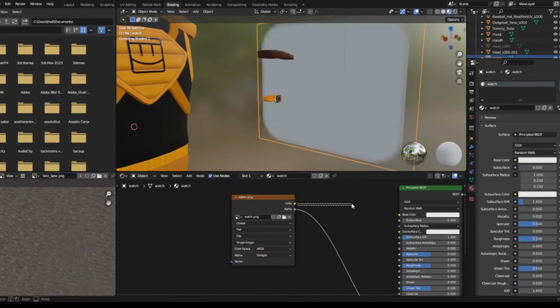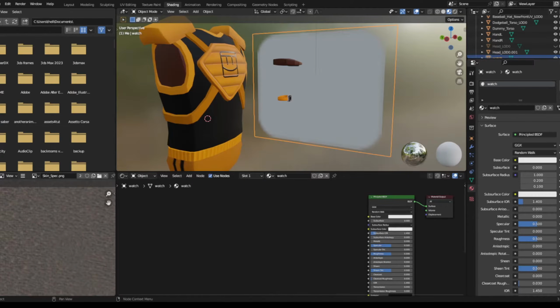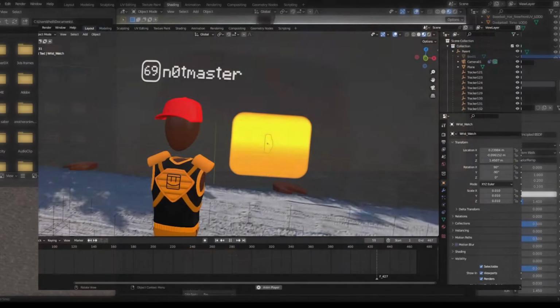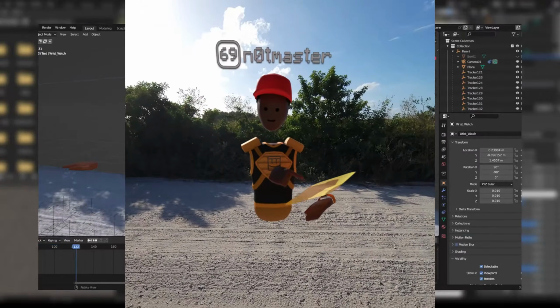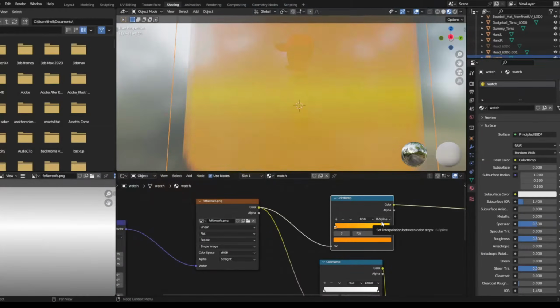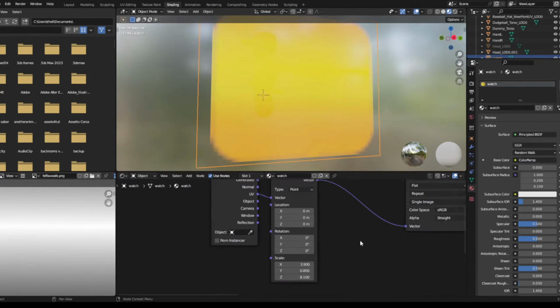After that, I attempted to recreate the watch menu by creating a simple rectangle mask and some nodes. I like how it turned out, but it turns out you couldn't even see it that well in the final video, unfortunately. Now that this basic scene is set up, it is now time to record the mocap for my